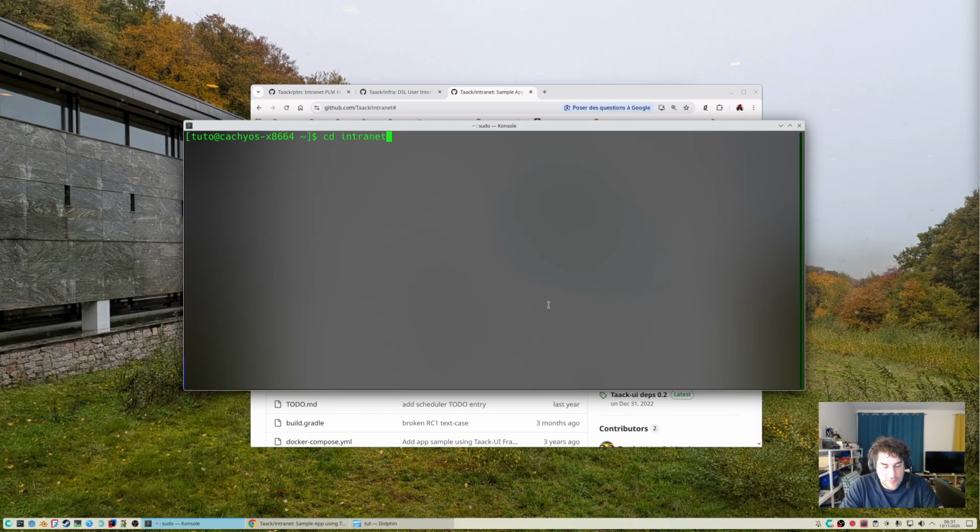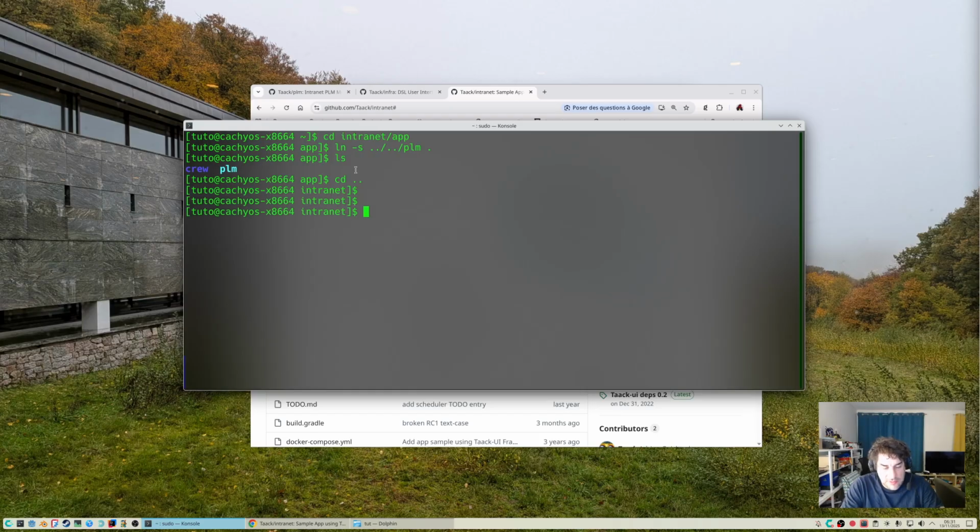In the intranet we just cloned, in the app folder, we create a symbolic link to the PLM application. So now we have two folders in this app folder. We have the crew application and the PLM application.